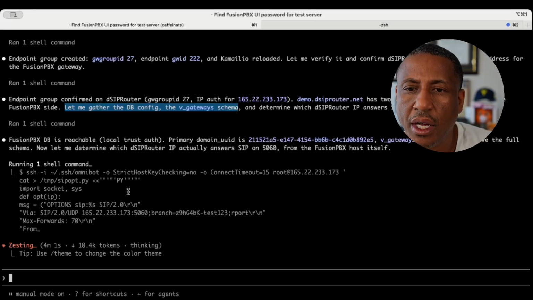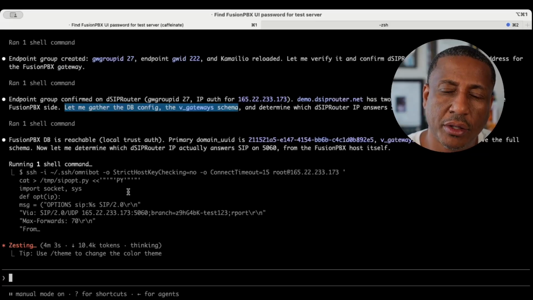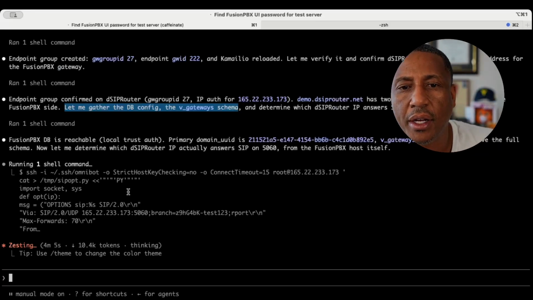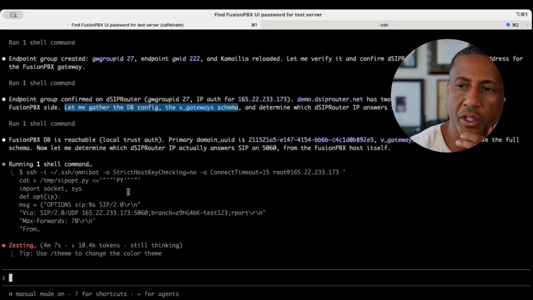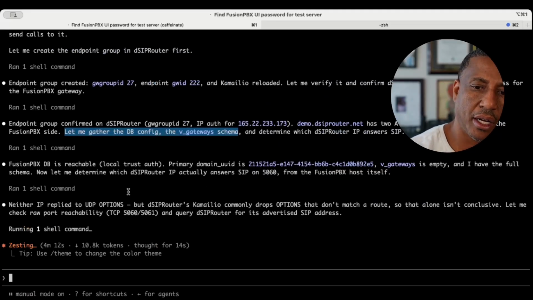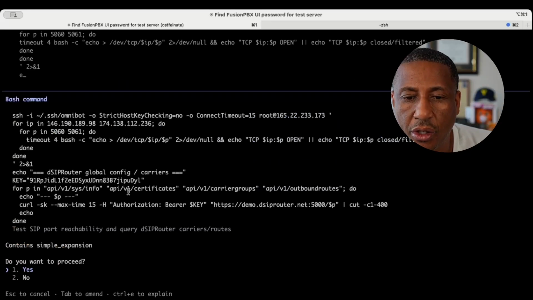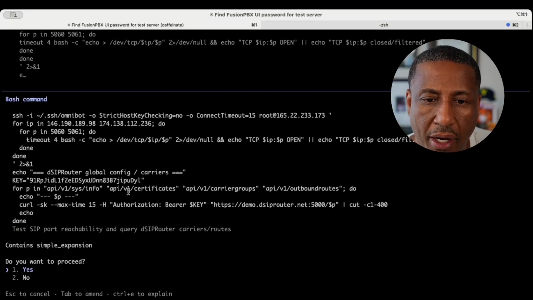Now, also, I wonder where it's gonna create this gateway. Is it gonna create it inside of the main Fusion PBX domain, or is it actually going to create it on a different one? So we'll see. It looks like it's just gonna create it on the main though. All right,